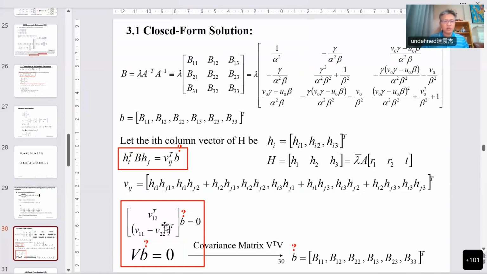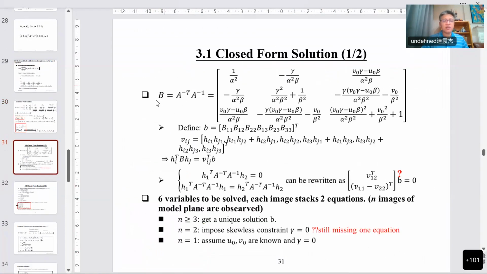You know H, and H times H becomes V, so it becomes VB equal to 0. So this is a closed form solution. We can solve it using eigenvector, singular value decomposition, so we can solve B, 就把 B 解出来了。